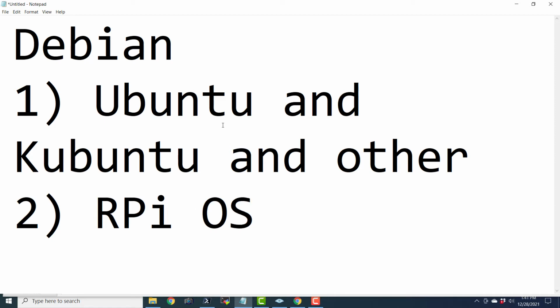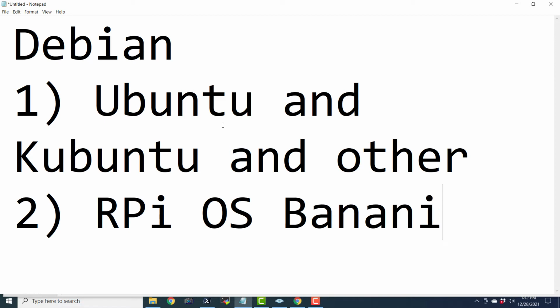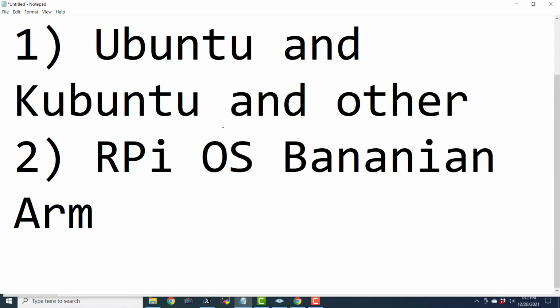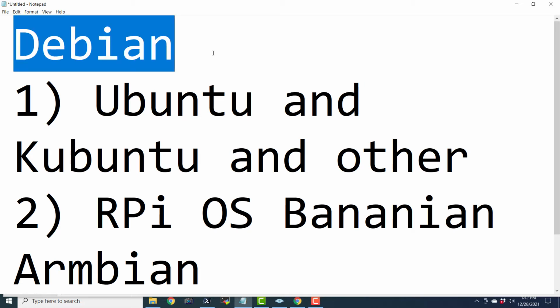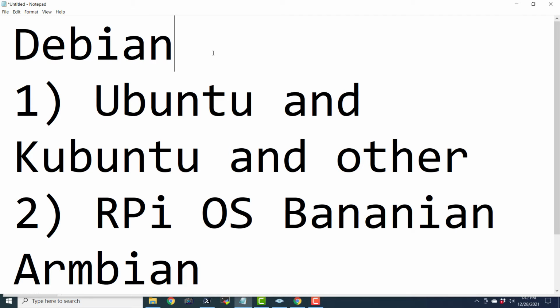And for single board computers, there are many other distributions like Bananian and ARMBian, and there are a lot of distributions. So these are all derivatives of the source distribution known as Debian distribution of Linux.